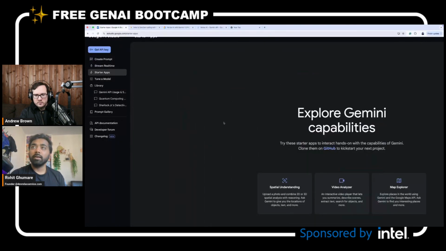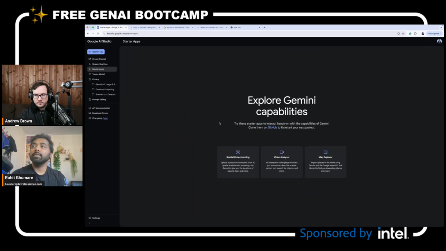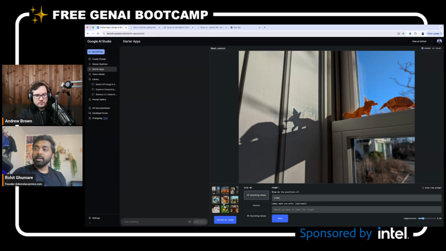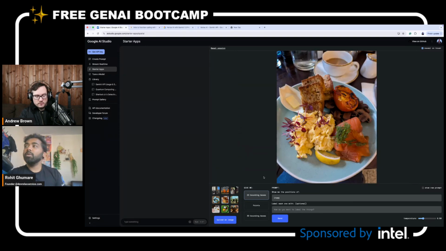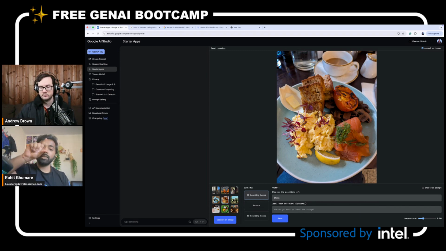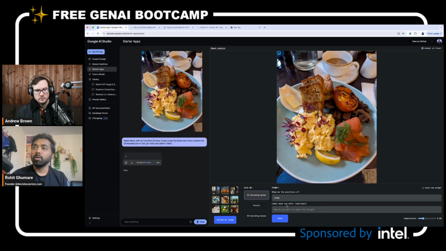One of the things is starter apps, which I guess you know about if you know about MediaPipe. One example shown here is spatial understanding, right? So let's say there are these things. Previously, without these models and AI Studio, you had to go through this and set the parameters, bounding boxes and all, if you have ever worked with computer vision. Now you can just use these 2D bounding boxes, show the items, and just ask it to label them, like set the bounding boxes around them.